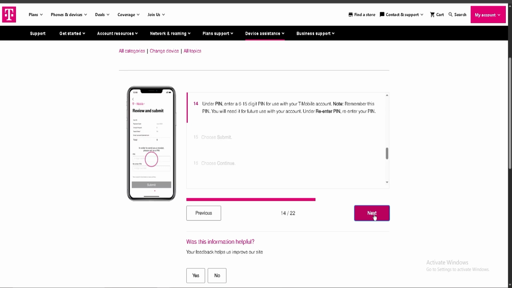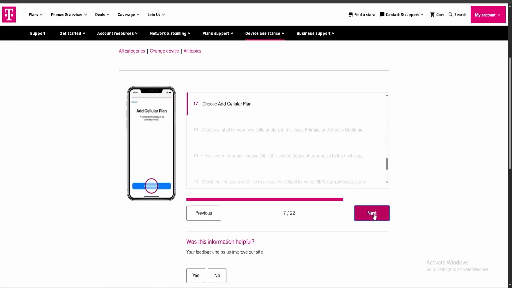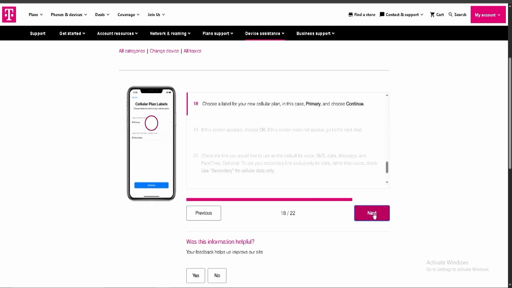Under PIN, enter a 6 to 15 digit PIN for use with your T-Mobile account. Note, remember this PIN. You will need it for future use with your account. Under re-enter PIN, re-enter your PIN. Choose submit, choose continue, choose add cellular plan, choose a label for your new cellular plan, in this case primary,